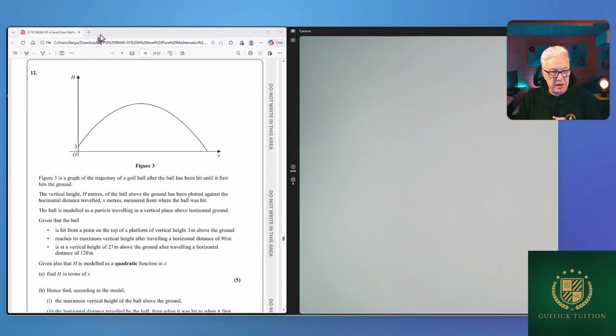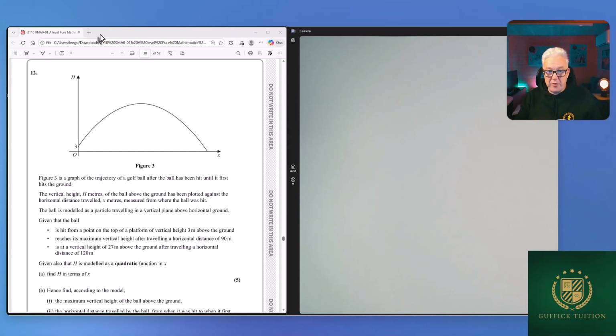has been hit until it first hits the ground. The vertical height, h meters, of the ball above the ground has been plotted against the horizontal distance travelled, x meters, measured from where the ball was hit. The ball is modelled as a particle travelling in a vertical plane above horizontal ground. Given that the ball is hit from a point at the top of a platform that is 3 meters high,